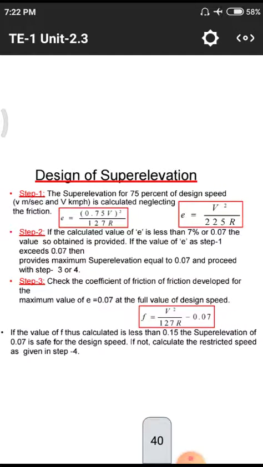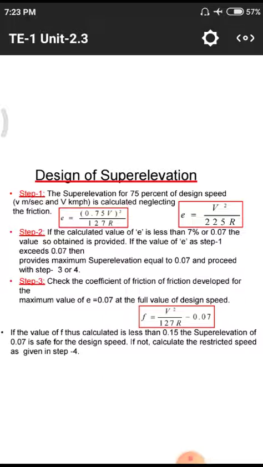After that we have the super elevation design criteria. Normally E is the elevation. We have elevation where the first term is E, so here the angle is measured with E. So E equals, mainly we have a formula with respect to velocity and radius of the curve, where V equals velocity in meters per second. In some cases we have kilometers per hour. For both conditions we have these formulas.